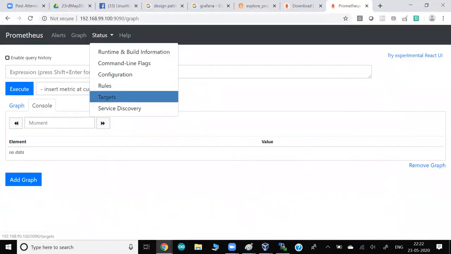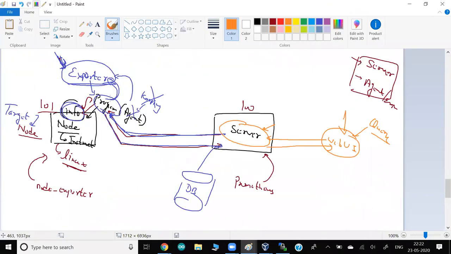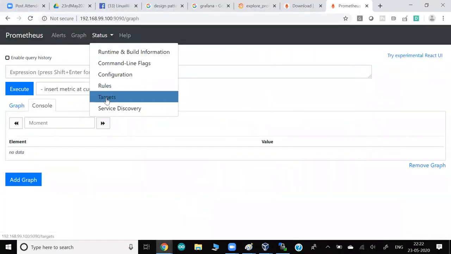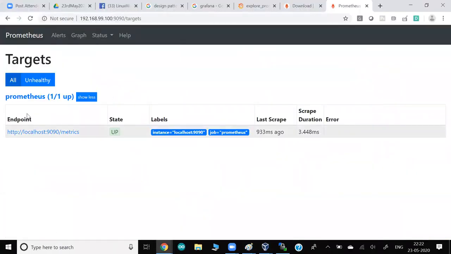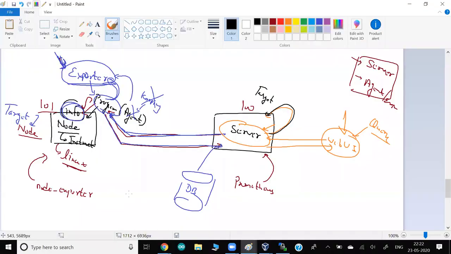But one more small thing: by default, Prometheus monitors itself. By default, Prometheus's target is its own system. So Prometheus monitors its own system. That is the reason if you go to targets, you can see the name localhost. Localhost means Prometheus, and Prometheus is running good. There is no challenge, so they are monitoring by default. If you don't want that, I'll show you how to remove it. I'm not concerned right now with the local system, its own system.